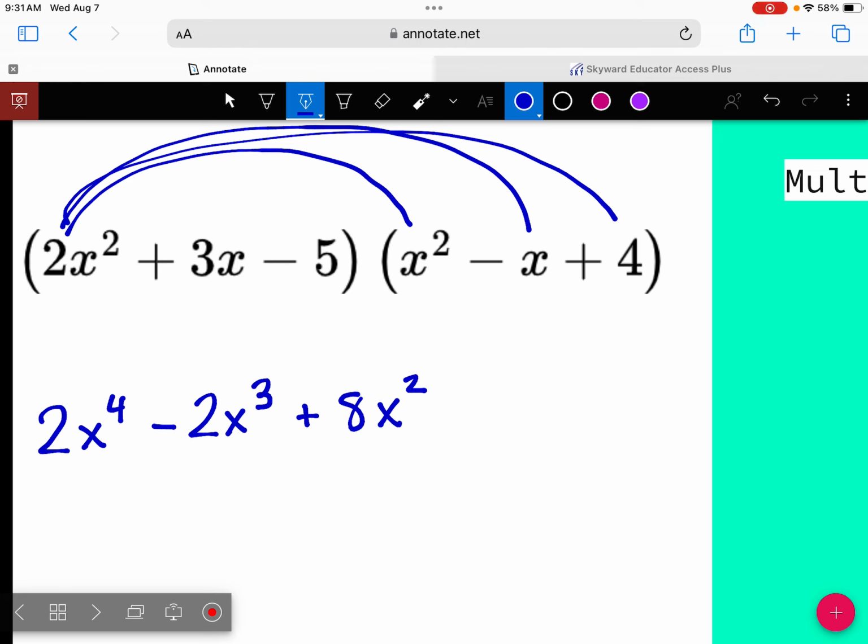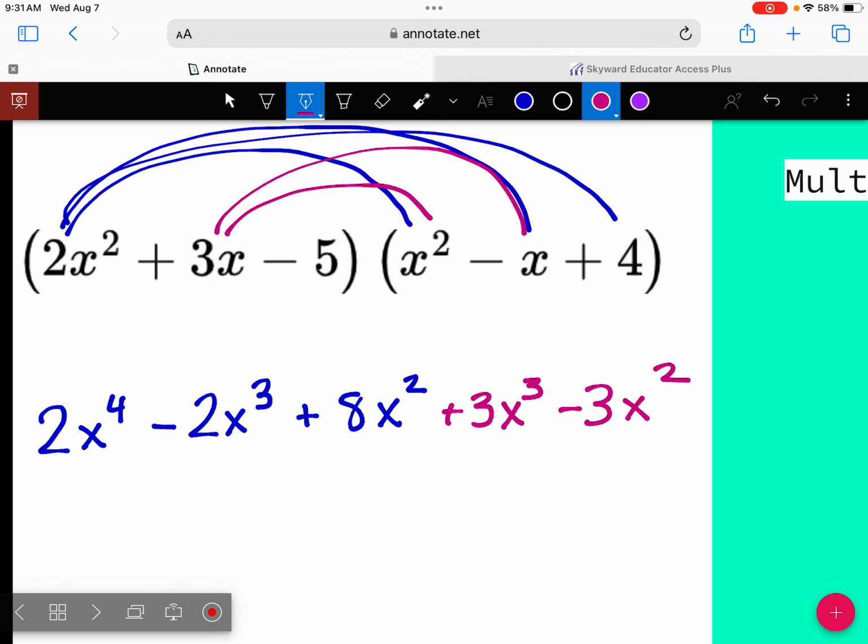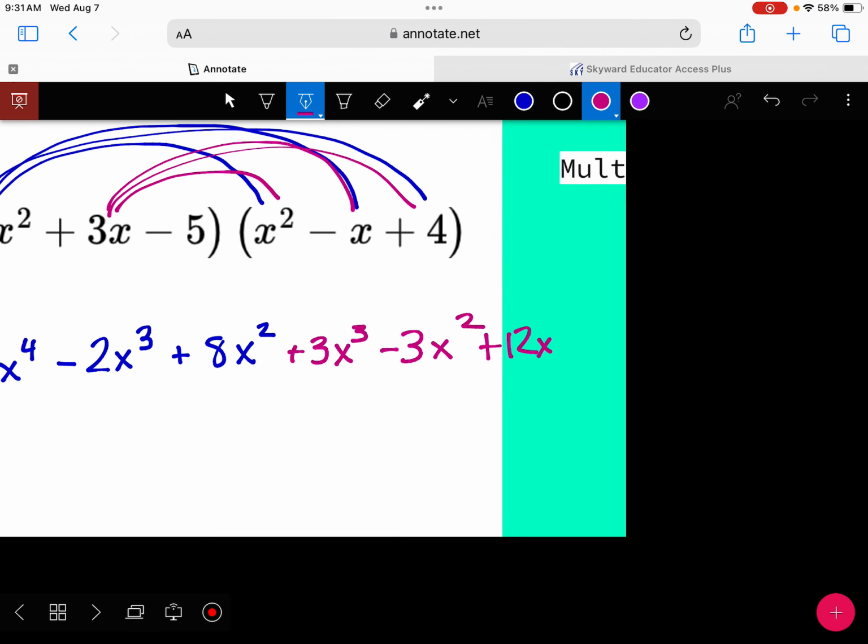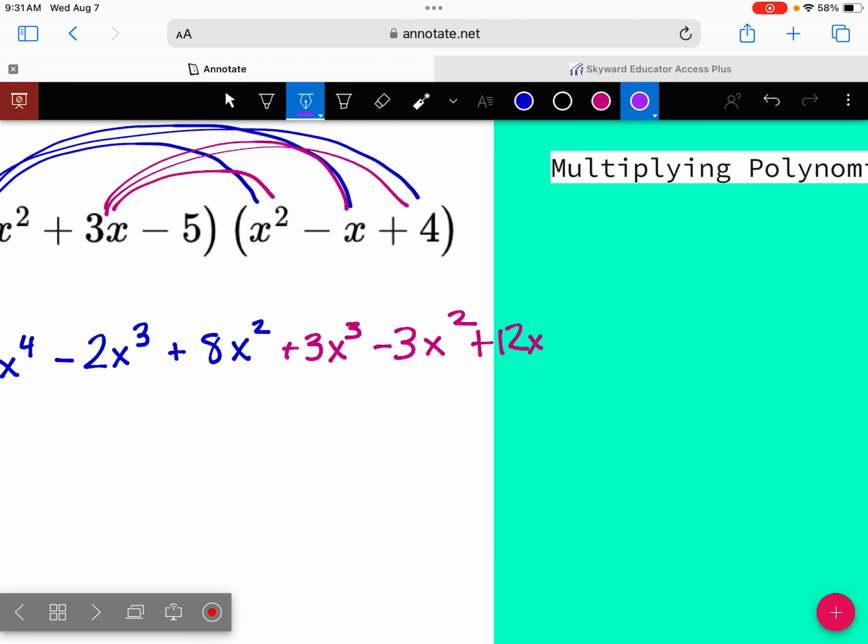Then we get to do that again with my 3x. We are not going to have tons of these that are trinomial multiplication. So I'm going to have my 3x times my x squared. It's going to give me my 3x cubed. Then we're going to have our minus 3x squared and our plus 12x. One more set, and I'm going to take this on the bottom because it's getting very stripy up there. So we've got our minus 5 times x squared, so we have minus 5x squared. Positive 5x